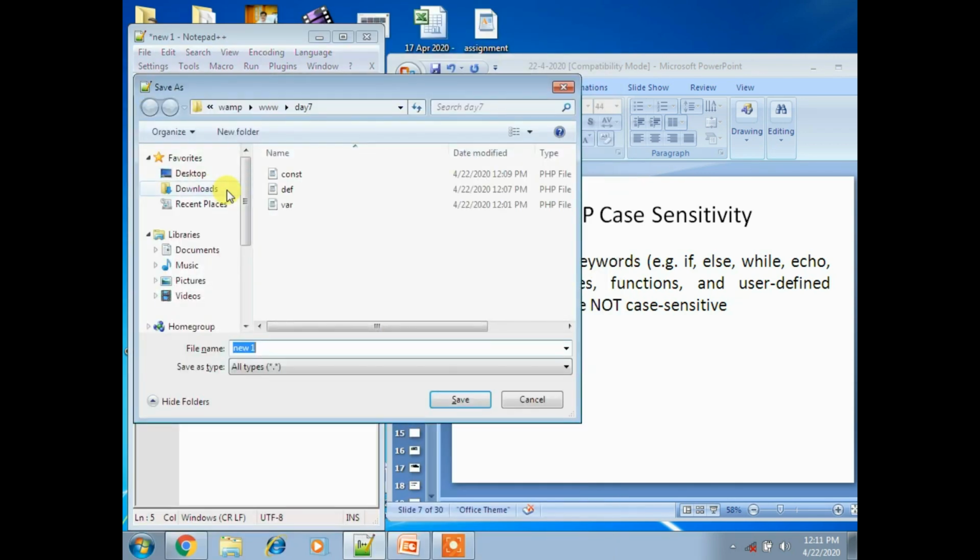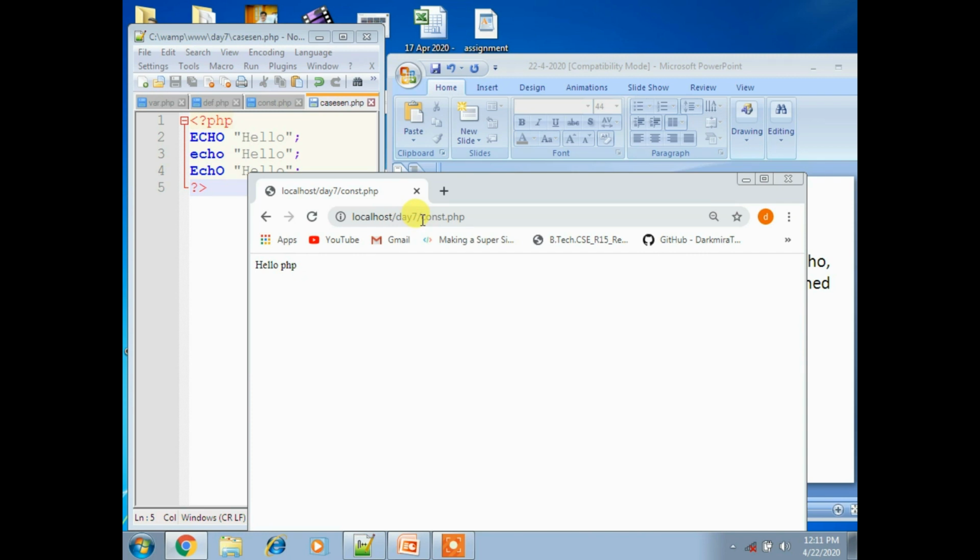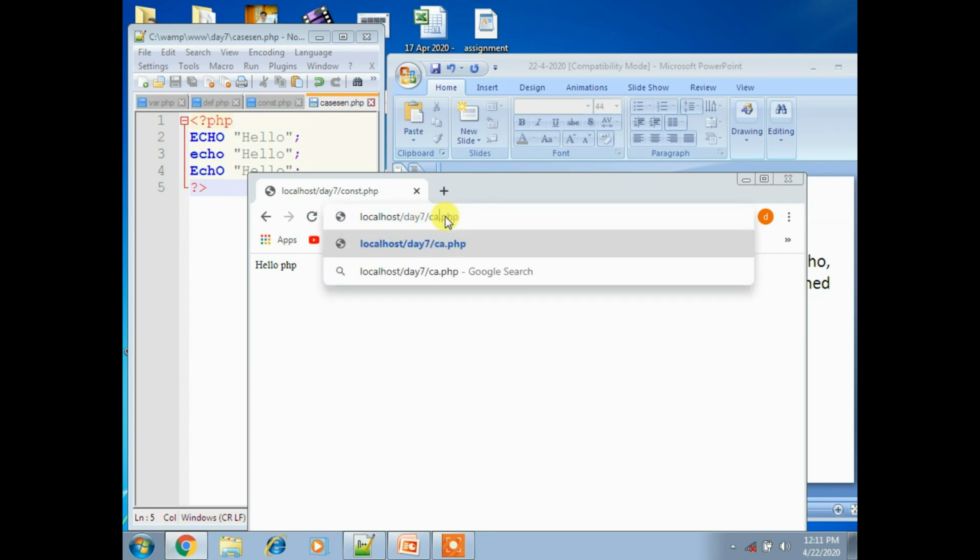Okay, save. Now the file name is case sensitivity dot PHP. Now check the program by opening Chrome.